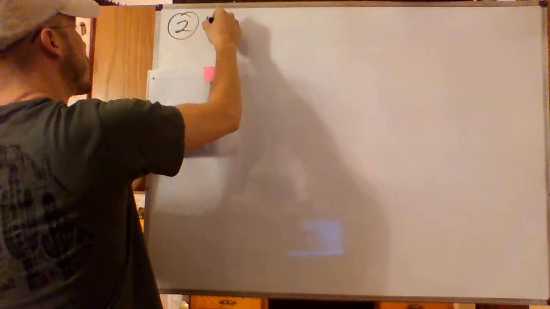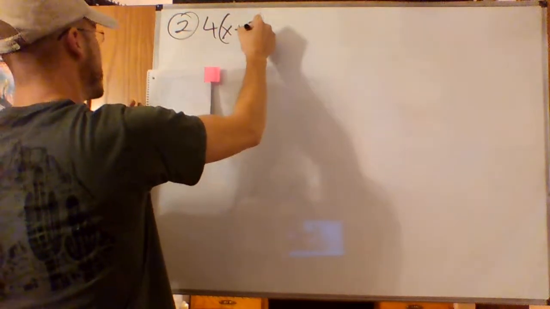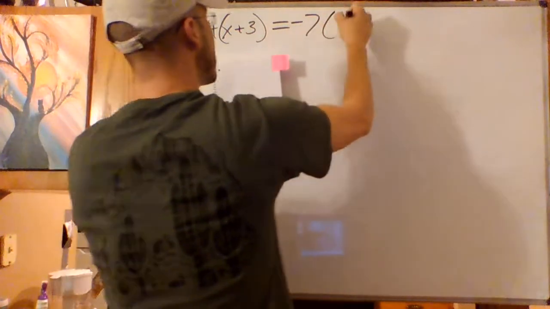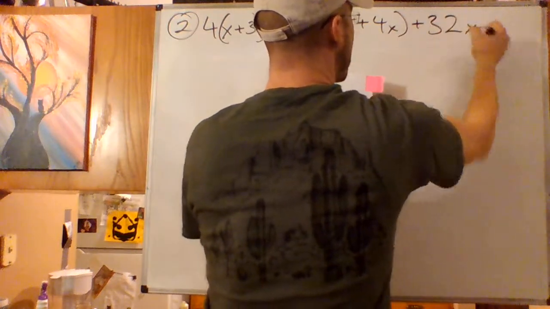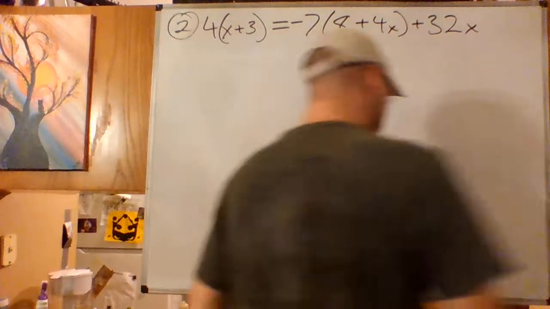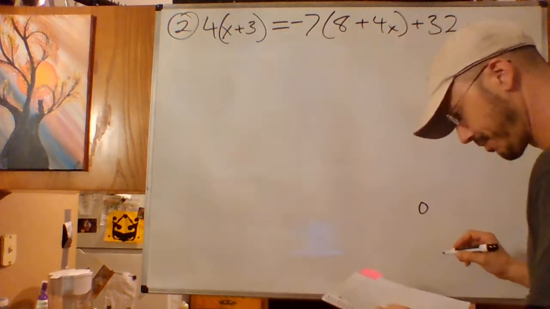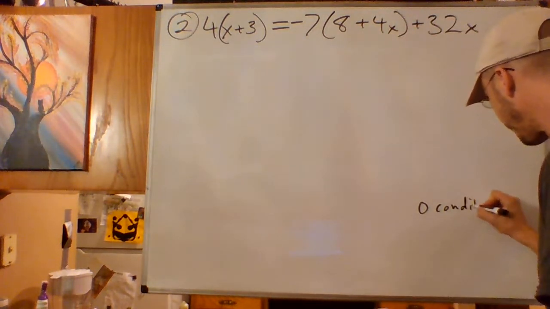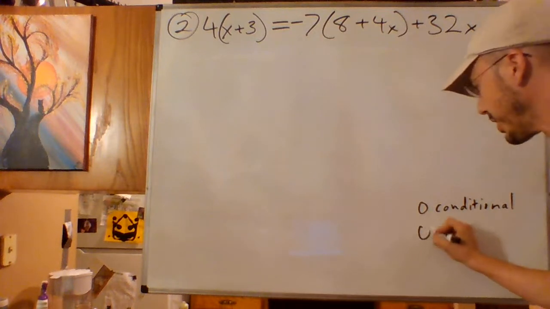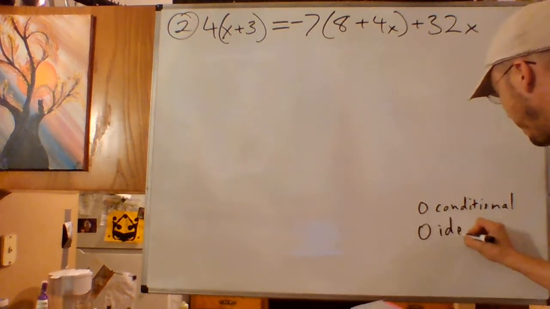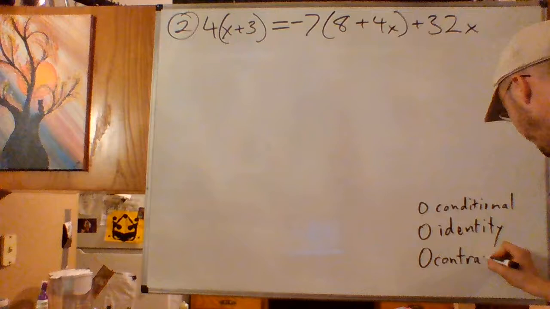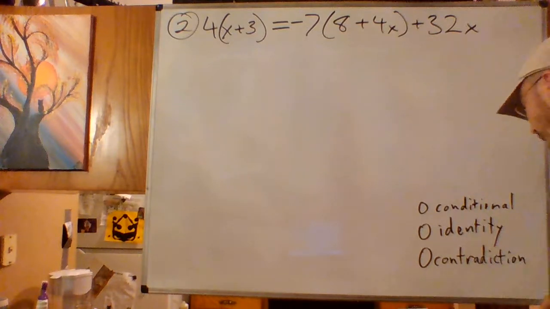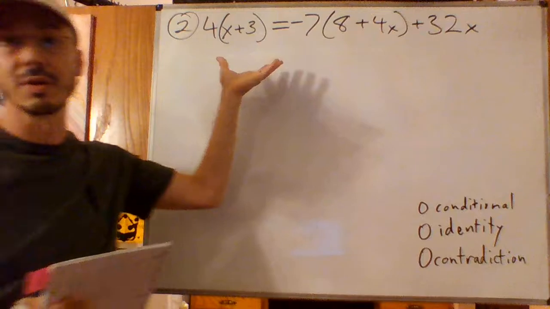For the second one, it gives me the equation 4x plus 3 equals negative 7 times 8 plus 4x plus 32x. And for this one, it gives me three bubbles: conditional, which I'm going to abbreviate in the future, identity, and contradiction. And we're supposed to decide which one of those